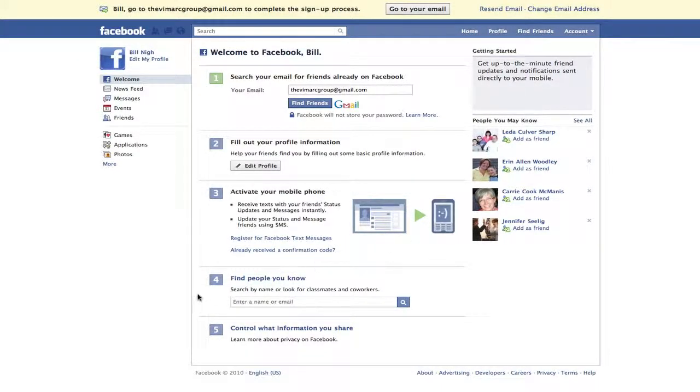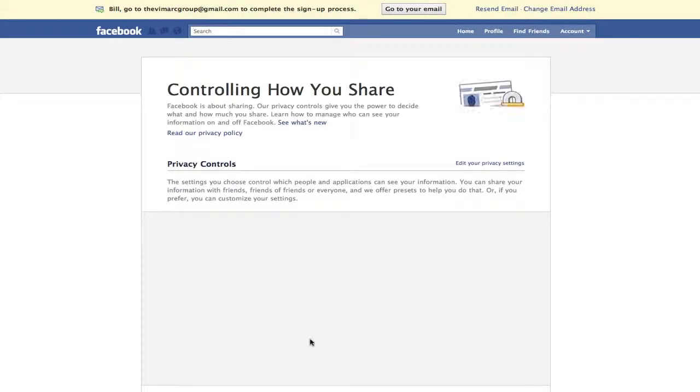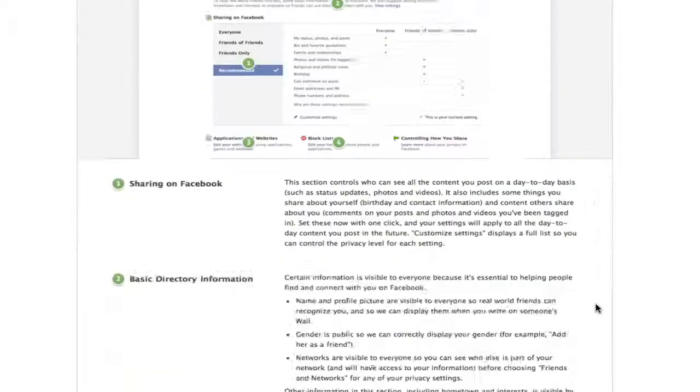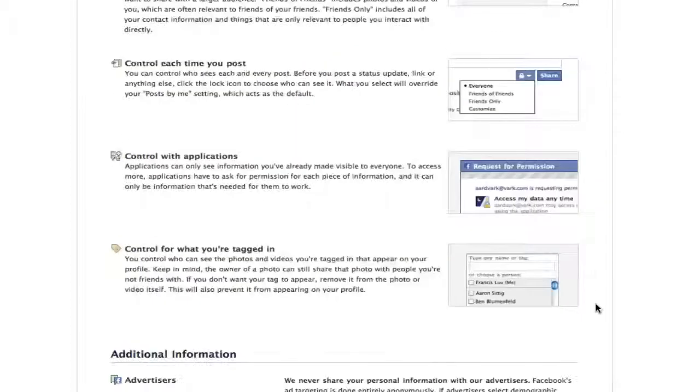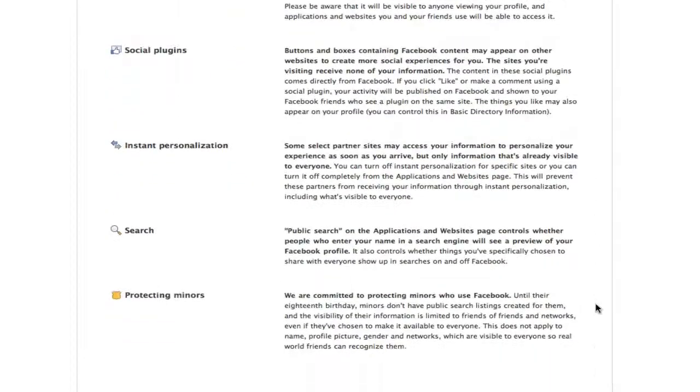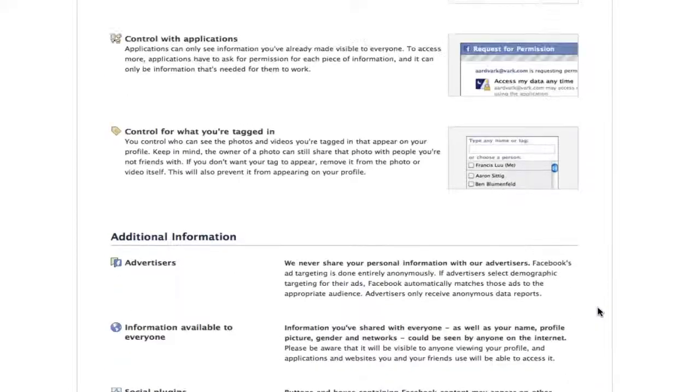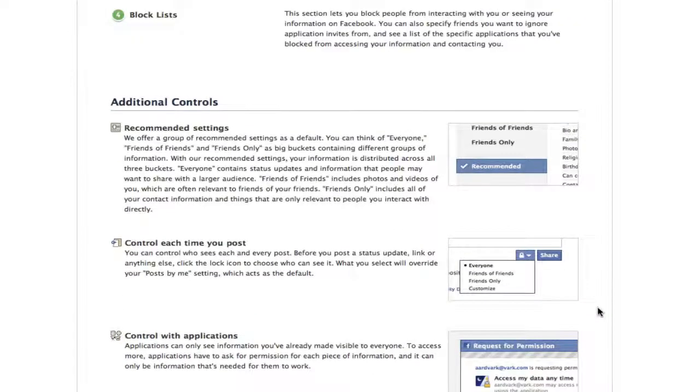You can start to search for people using either their real names or an email address. And then most importantly, you can control what information you share with people on Facebook. And this is really important. This is probably the most complex part of Facebook. But if you read through this information, it will guide you and tell you exactly what you need to know